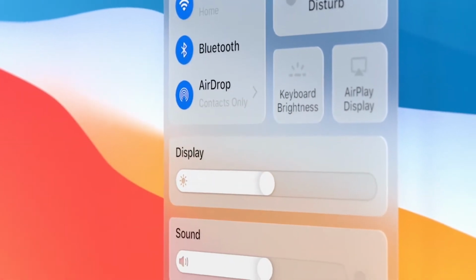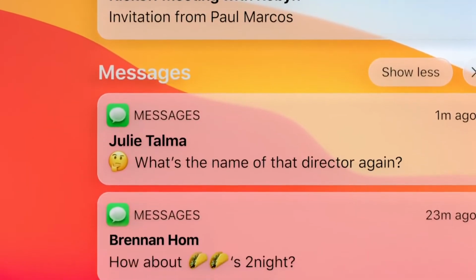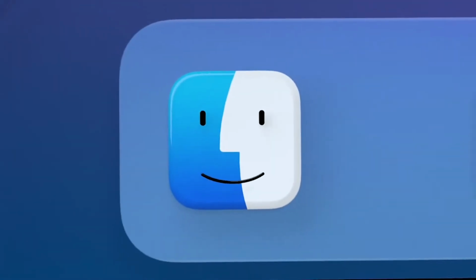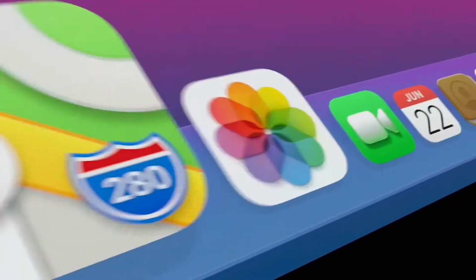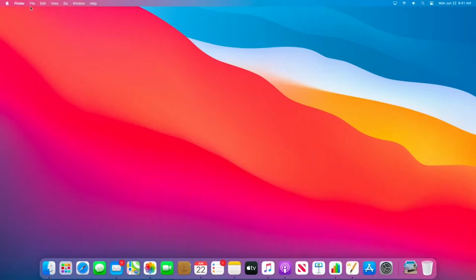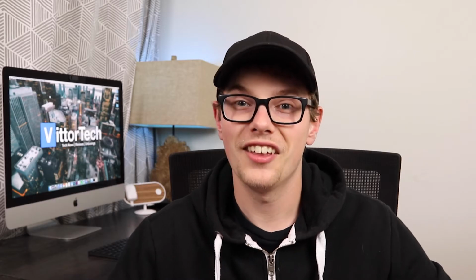Along with that, we've got a new Control Center, Notification Center, and reworked sounds and alerts. Even icons have been redesigned to give more depth, simplicity, and keep small elements of detail that we're used to. A redesigned dock updates the look and leads to an overall smoother experience within the macOS system. Overall, you'll see a lot more rounded corners, a lot more color, more space and room to breathe, which I think is telling that Mac is actually stepping a lot closer to that touchscreen experience, maybe a couple updates down